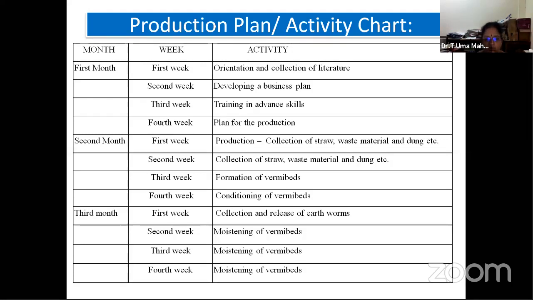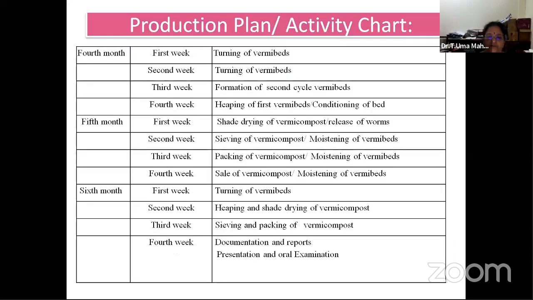Another important point here is, you will not get any smell and the worms will be totally multiplied, so the bed will be full of earthworms. This is the process which goes on for 60 to 65 days. Then after seeing the change in the formation of the bed, or the change in the color, with no smell, you stop watering. That is, by 65 to 70 days you stop watering.